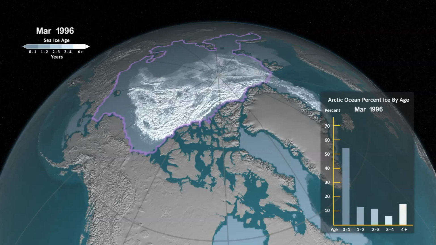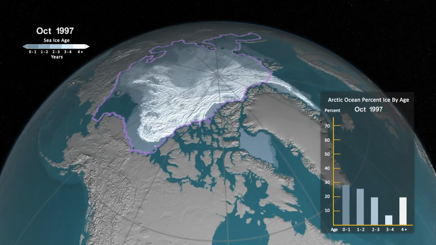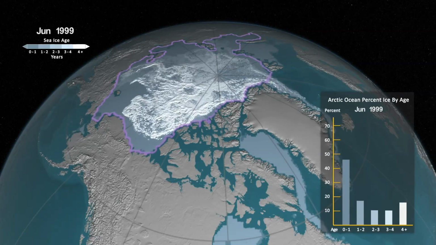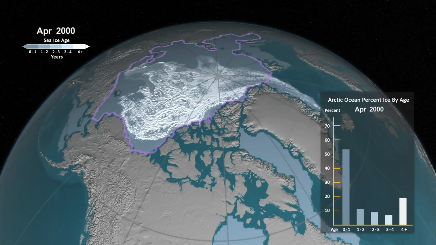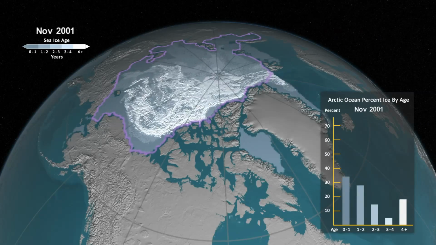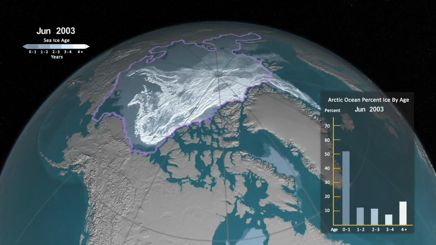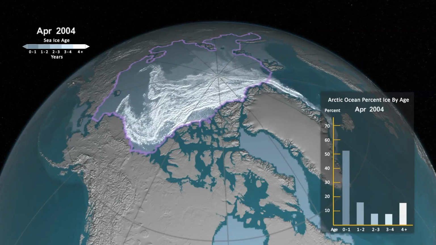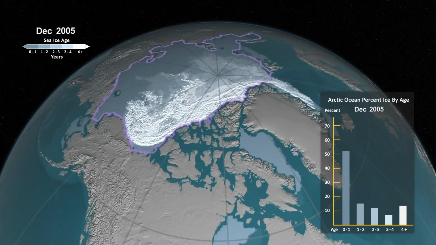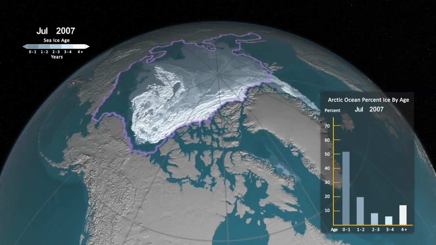All of a sudden now what we're seeing is that more and more of that ice is starting to disappear. The thick ice is being replaced by much thinner ice, and you can see that happening. You can see it being flushed out, and as the time series goes on, more and more of that thick ice is actually melting. And you can see really clearly in 2004, we lost a bunch in 2004, in 2005. 2007 is going to be a really dramatic loss of the thick ice. Right there, we lost a huge amount of thick ice.